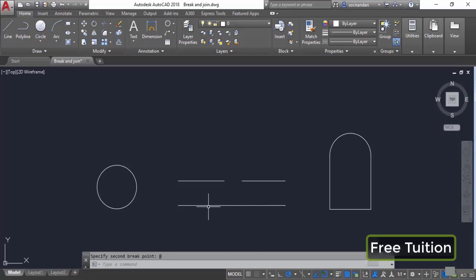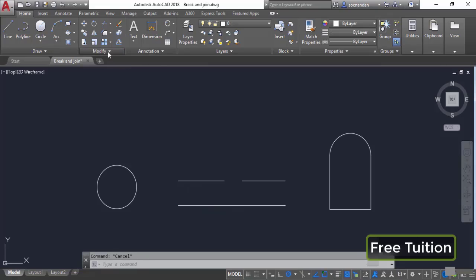So let's select it. And now you'll notice that we have this as a separate segment, and you can obviously move it. So using the break tool, you can break any segment in 2 different parts. Now let's say that we also want to create a gap in between these segments, just like this. So for that I'll press Ctrl Z so that the object now combines into a single segment, and I'll select